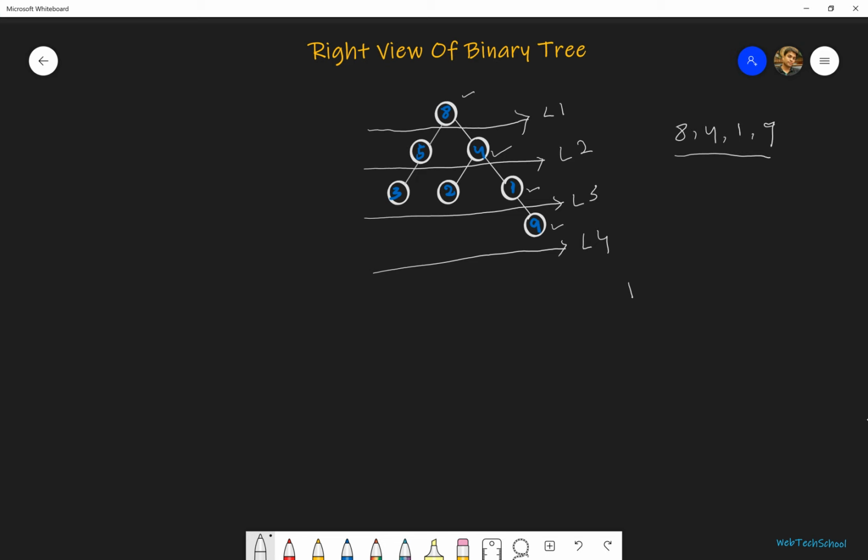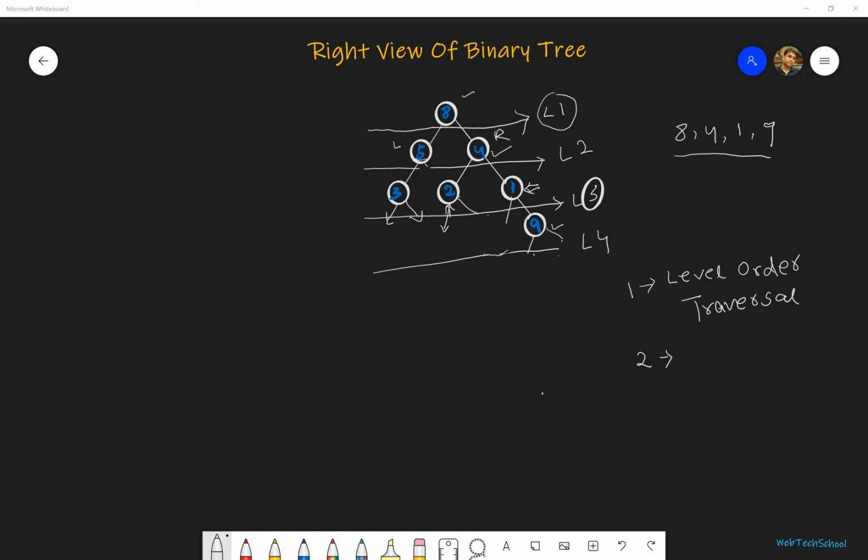We'll first do the level order traversal, and then on each level, display the rightmost element. Okay, so now let's first do the level order traversal.